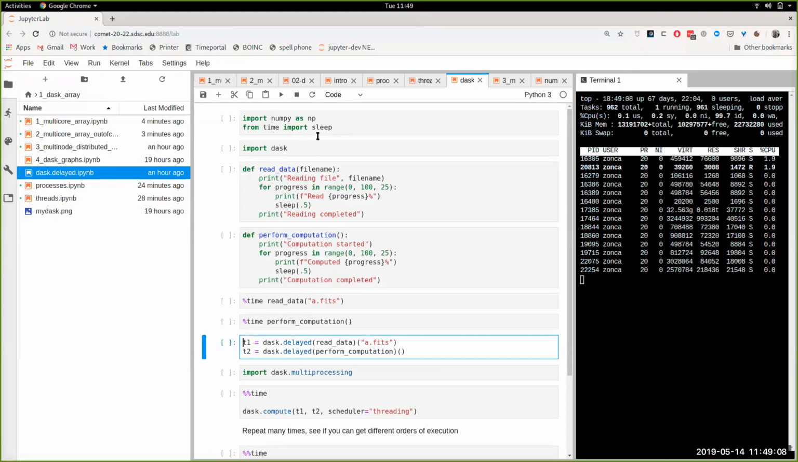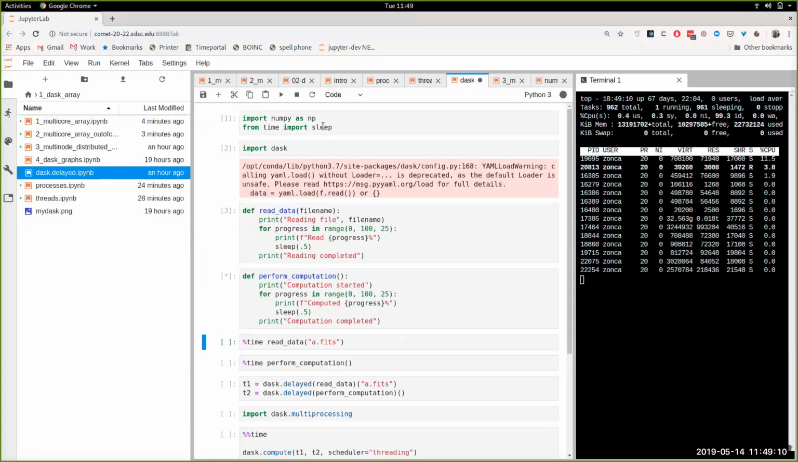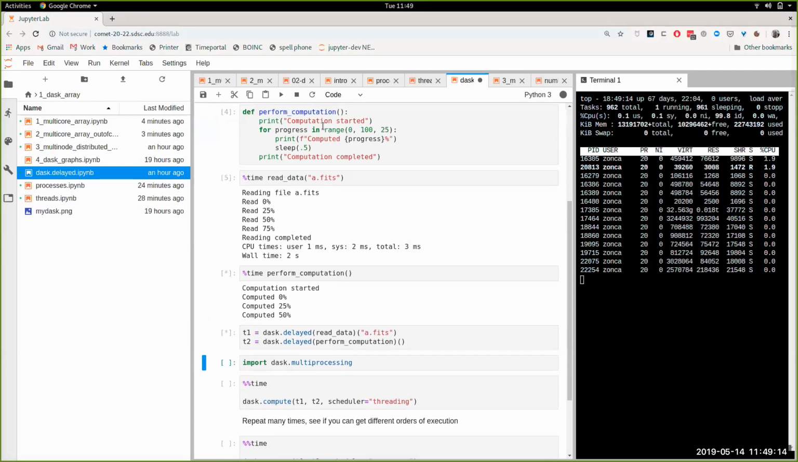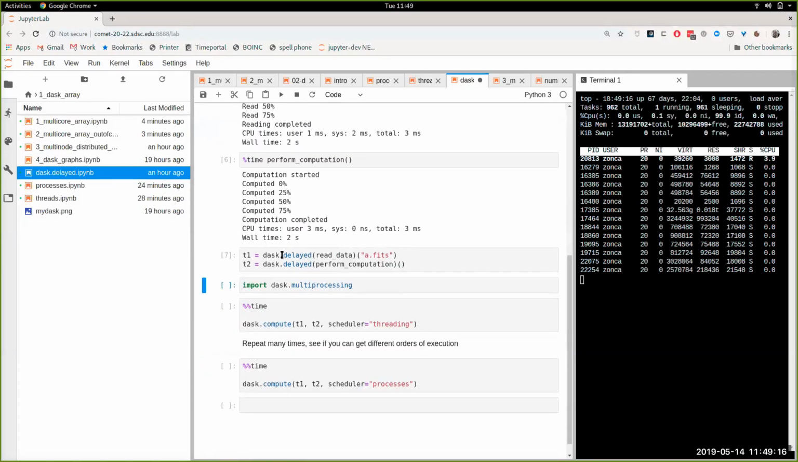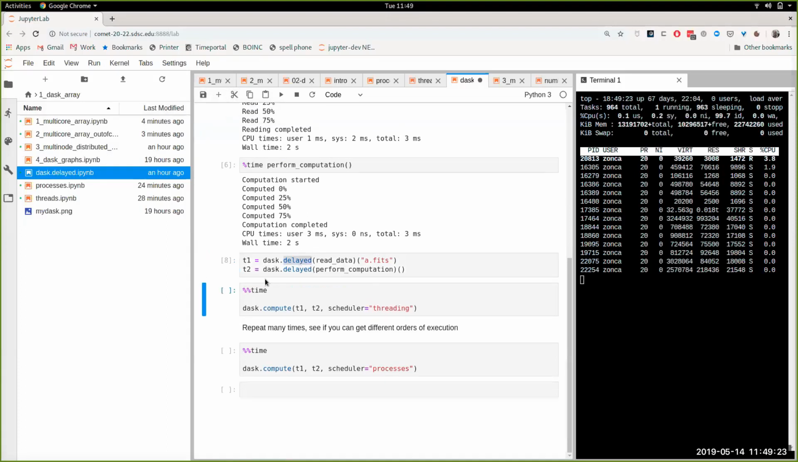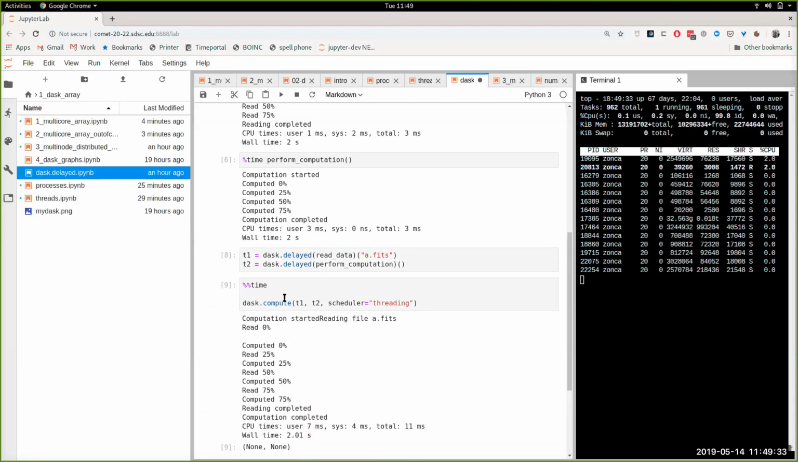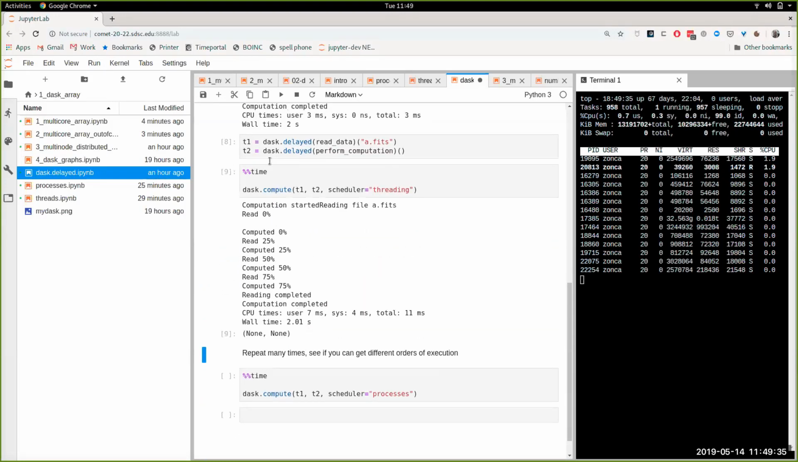With delayed, what you do is you get a function, and you call dask.delayed on that function. Now this function, you see, is lazy, so it didn't actually perform any work. But it is also asynchronous. So now those two functions are executing